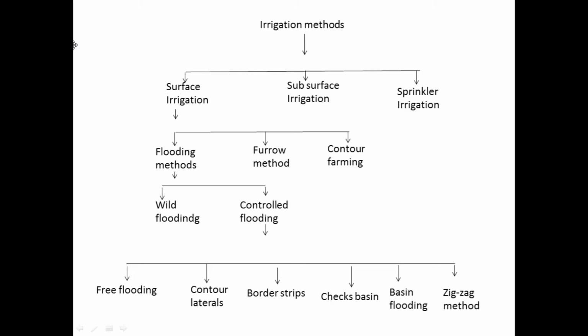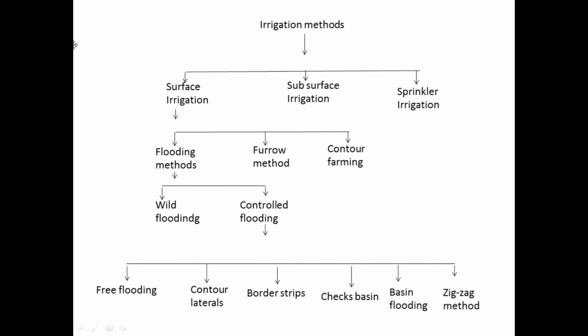Now the factors that affect the choice of irrigation method are soil characteristics of the land, topography of the area, the available water supply, types of crop and its water requirement, size of the stream which is supplying the irrigation water, rate of infiltration of the soil, depth of the water table and depth of the root zone of the plant, amount of water required for each irrigation, and possible erosion hazard of soil. We have to keep in mind these parameters when we are choosing any of the methods.